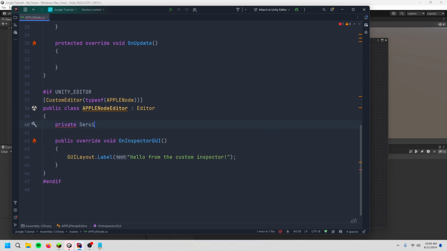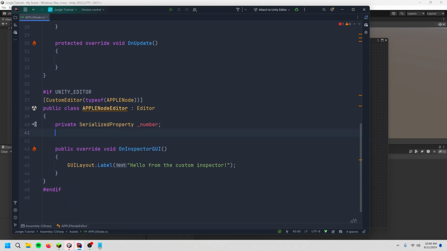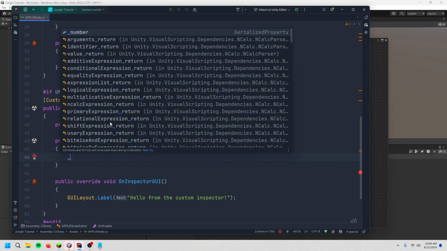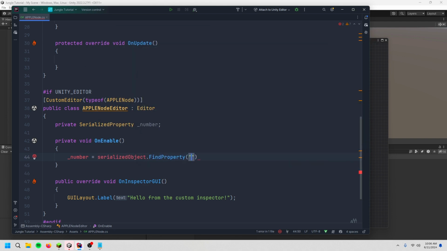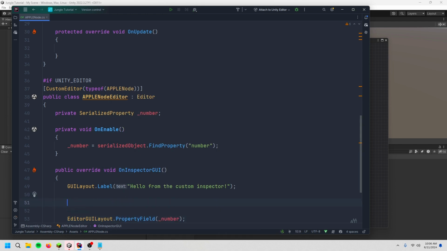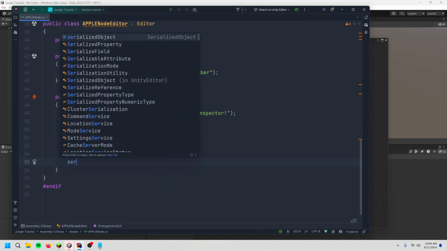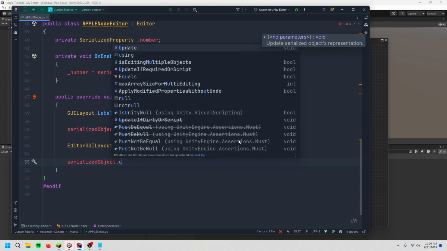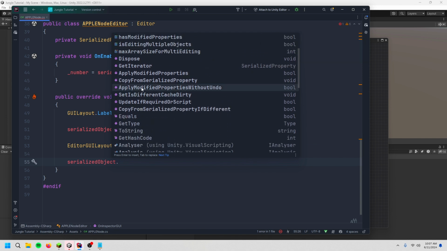I'll do a private SerializedProperty. We'll just call it _number, and we'll do OnEnable, _number equals serializedObject.FindProperty. It's called number. Hit that, and then we'll do EditorGUILayout.PropertyField(_number). And I believe you also need to do serializedObject.Update, and then below that serializedObject.Up... Where is it? I'm going to try and find it right now. ApplyModifiedProperties